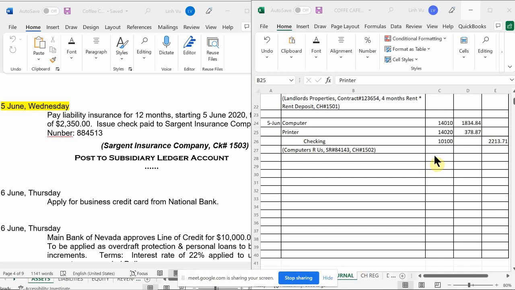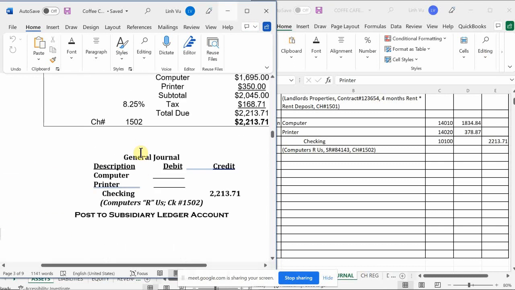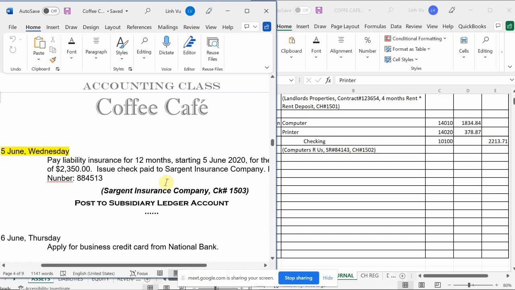All right, welcome back to Coffee Cafe. This is where we last left off. Okay, we bought a computer and printer, right? There it is. And now we need to go ahead and proceed to the next one,